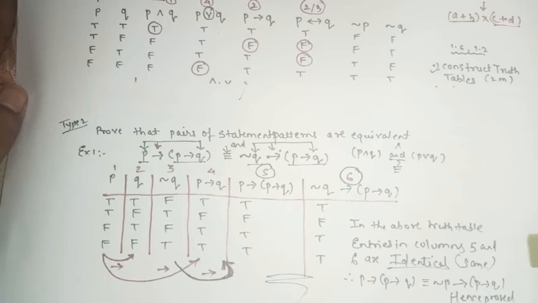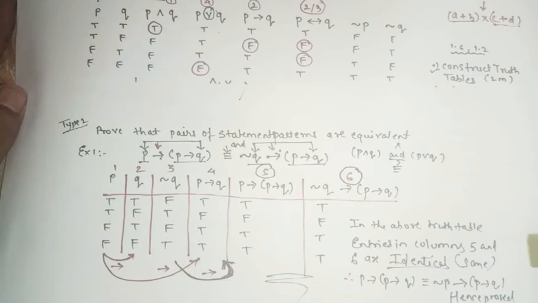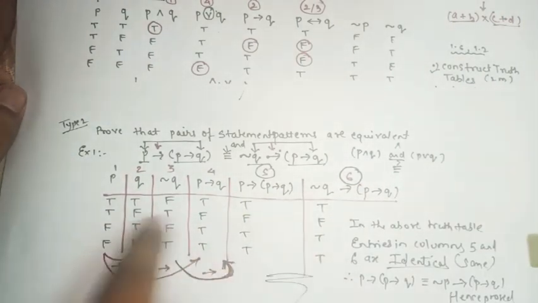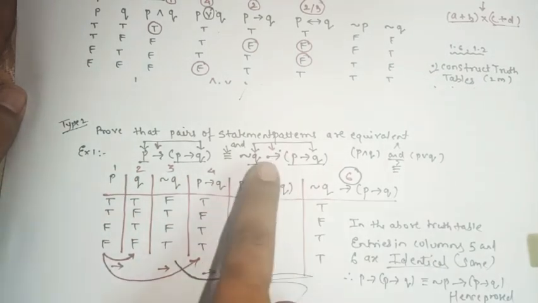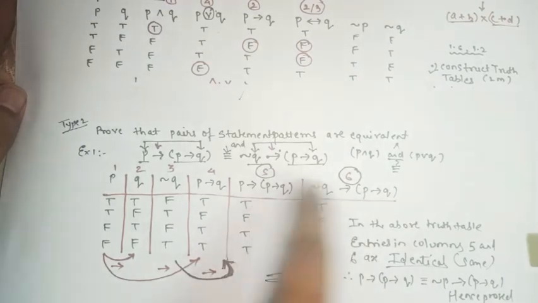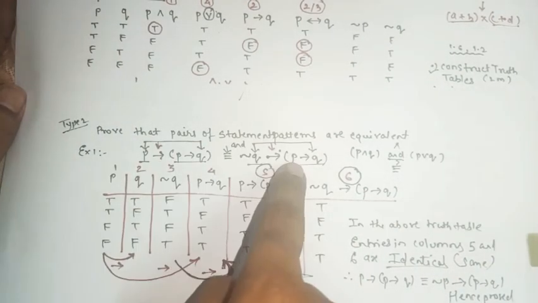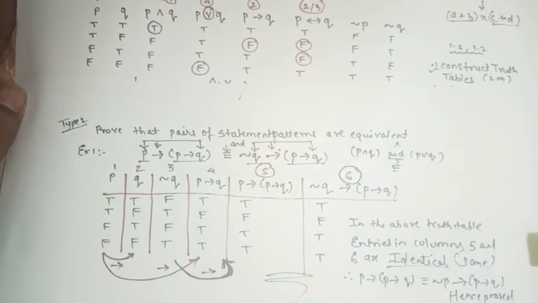So for this type number 2, we'll take only one example and then remaining you have to solve by yourself. Okay, whether it is for 2 alphabets, whether it is for 3 alphabets. First you will construct the table, then fill this part, give the numbering, check the numbering of left hand side and right hand side. If they are identical, then we can say that the given patterns are equivalent. Yeah, equivalence, equal we can say. Understood?